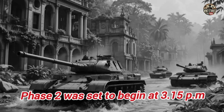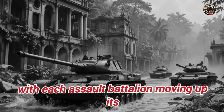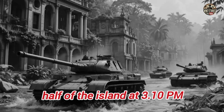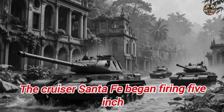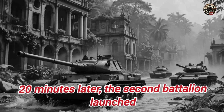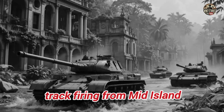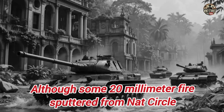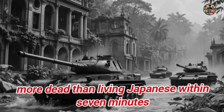Phase 2 was set to begin at 3:15 p.m., with each assault battalion moving up its half of the island at 3:10 p.m. The cruiser Santa Fe began firing 5-inch shells into Nat Circle. 20 minutes later, the 2nd Battalion launched its attack, supported by a 75mm half-track firing from mid-island. Although some 20mm fire sputtered from Nat Circle, resistance was weak, with Marines finding more dead than living Japanese within